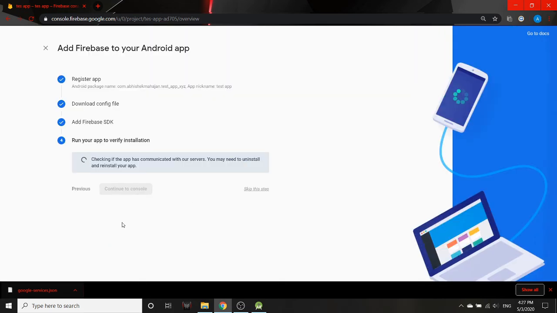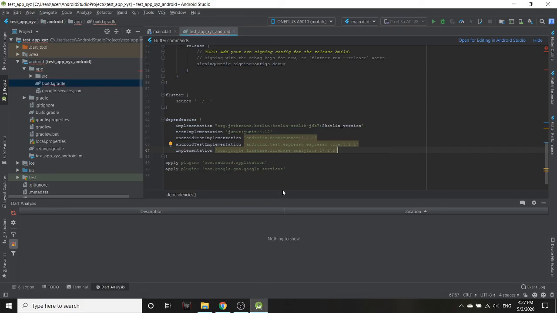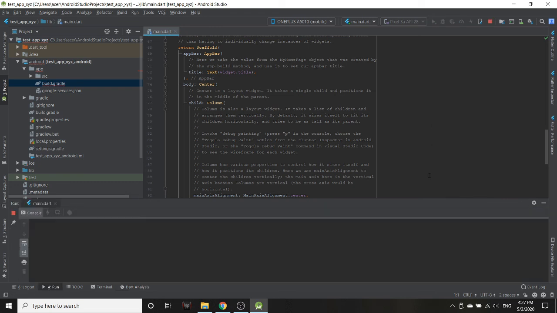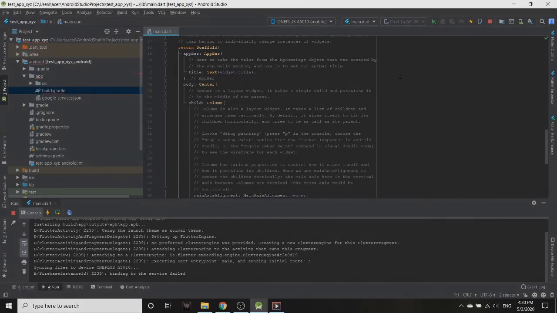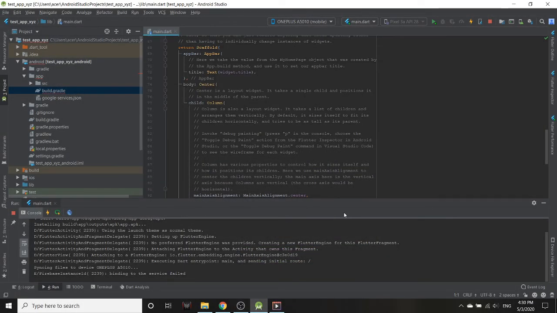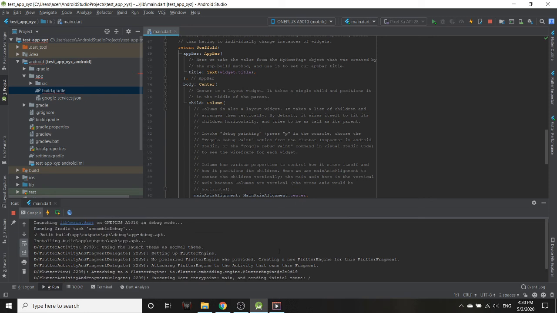Now click sync. To verify this, we are going to have to run this application. I won't run the emulator. We don't really need to see the output. We just need to run it successfully. So I will wait. Now our application is installed and has been run.